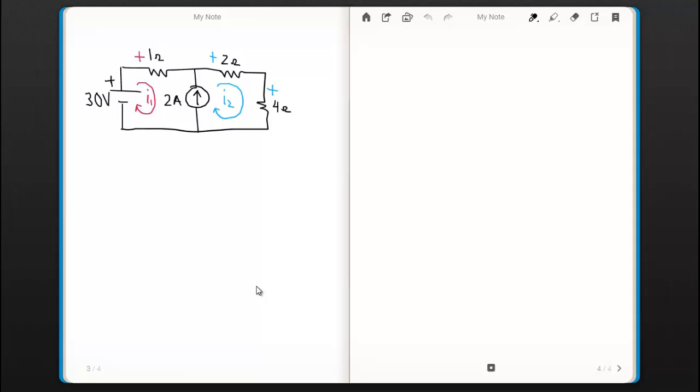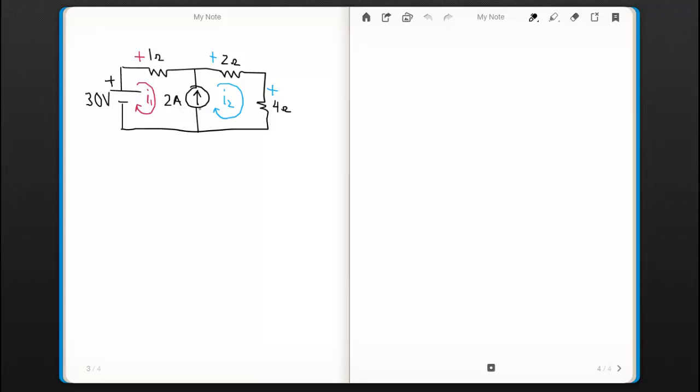Okay, here's a mesh current problem where we have something we haven't seen in a problem like this before yet, and that's right here where this current source is. There's two mesh currents defined through it. We did see a case where there was a single mesh current defined through a current source, and in that case, that single mesh current is just equal to the value of the current source. Okay, but here we've got something different because I1 and I2 in this particular problem are both defined through this